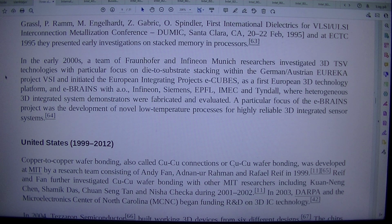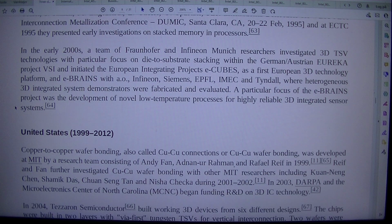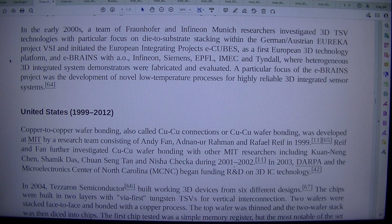In 1995 they presented early investigations on stacked memory in processors. In the early 2000s, a team of Fraunhofer and Infineon Munich researchers investigated 3D TSV technologies with particular focus